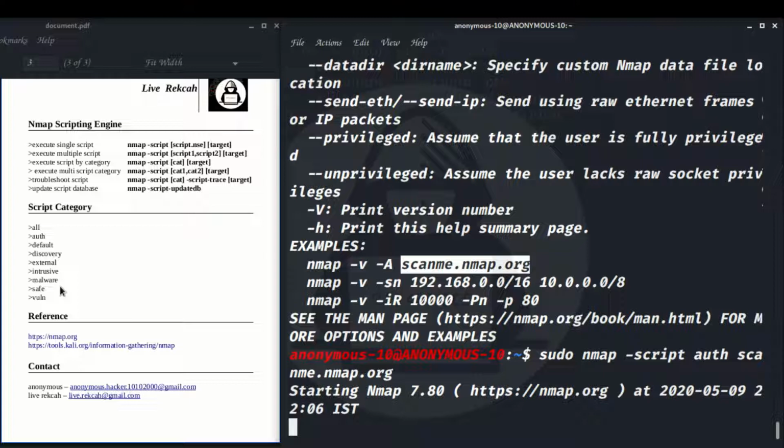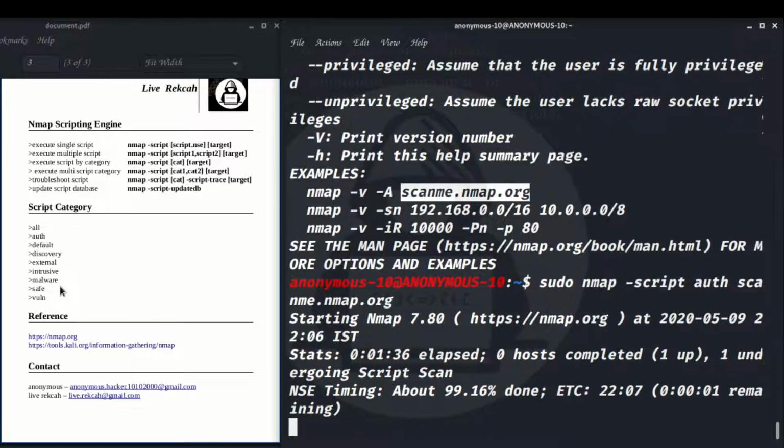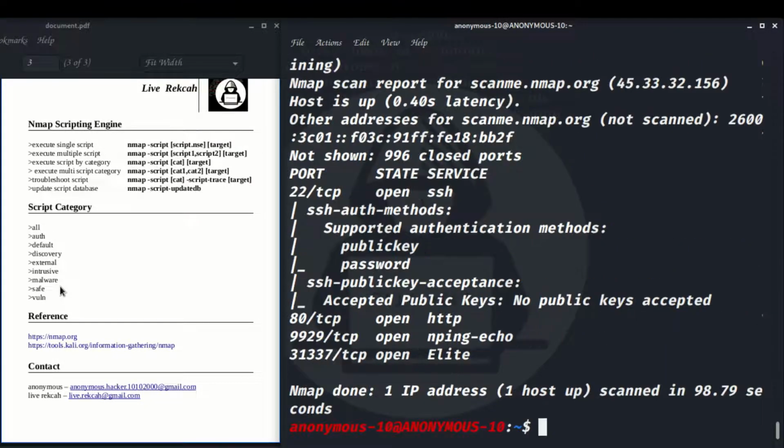Yeah, we have seen many results through the normal command. Come on, are you running? Yeah, you are still running. 99.16%. Yeah, completed.